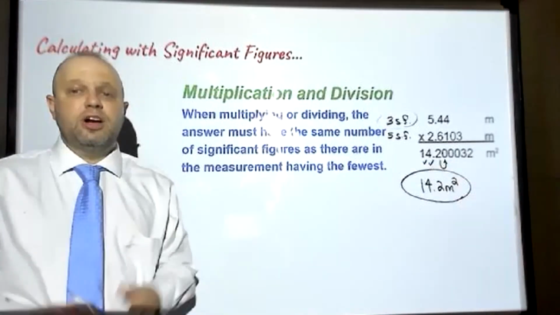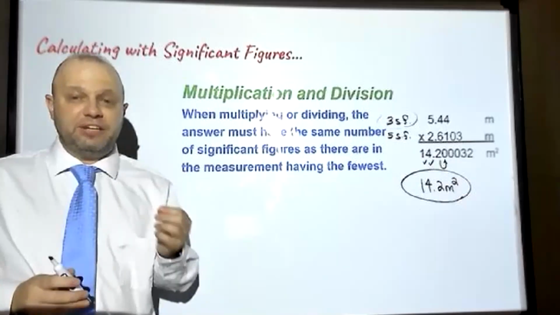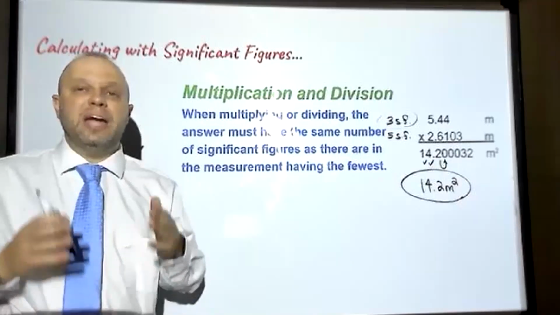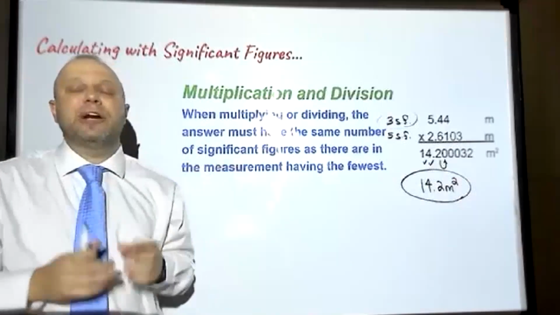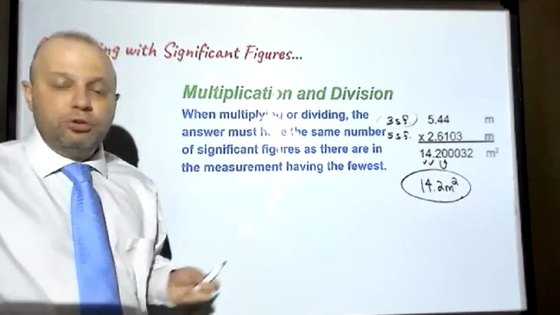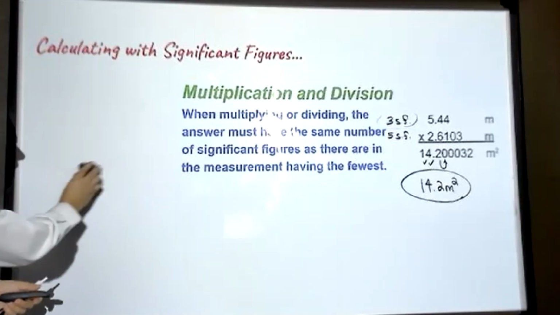Hopefully that makes sense. We look at whichever one had the fewest number of significant figures for multiplication and division, and that's what we use to engineer, to edit our answers so that it has the correct number of significant figures. So just for fun, let's go back to that example that we had earlier with the